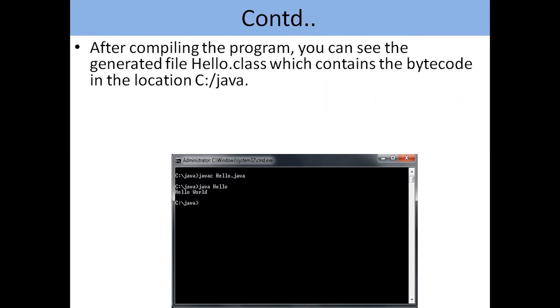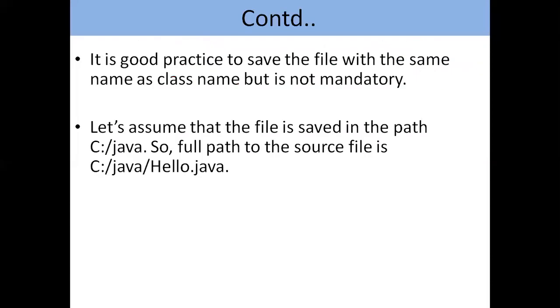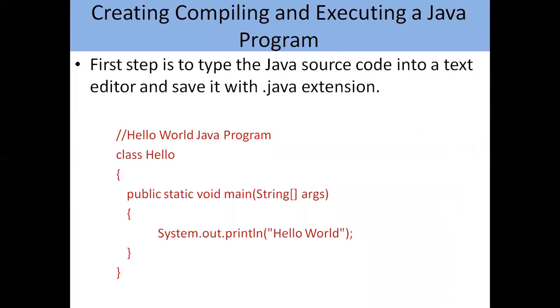So let us see the code which I have given here in detail. Let us move with the first line, which is nothing but comments. In line 1, you can see comments here. In Java, we can write comments at any line in the program. So you can write at the beginning, middle, or at the end, anything is okay.